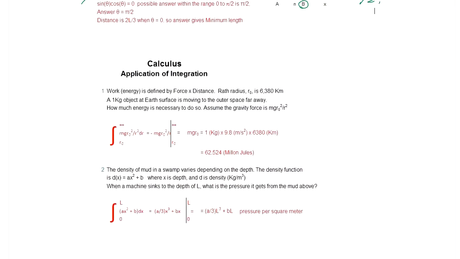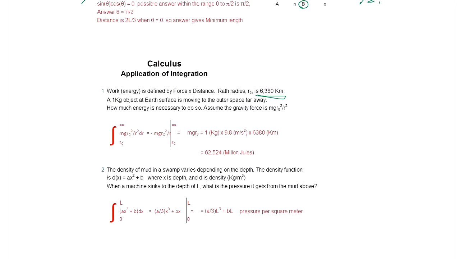Calculus, application of integrals, integration. Work is defined by force times distance. The radius, rest radius. What's rest radius? The typo. R0 is